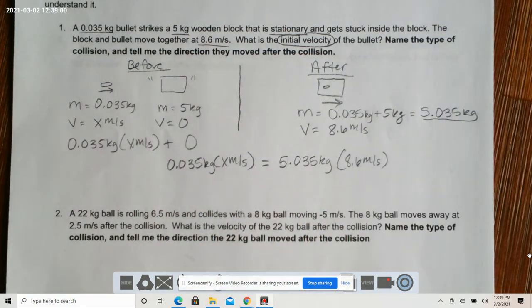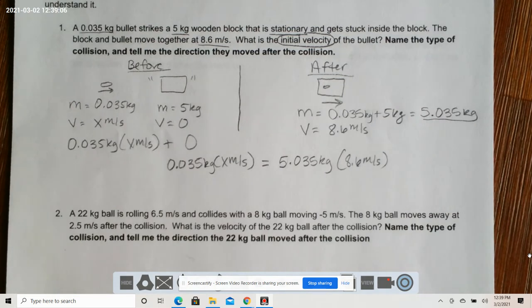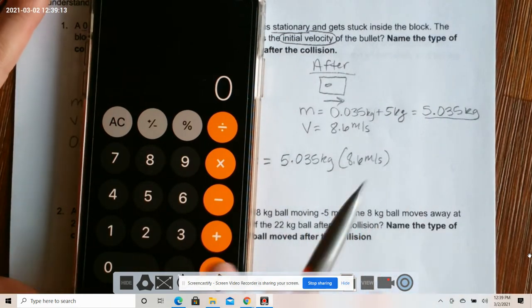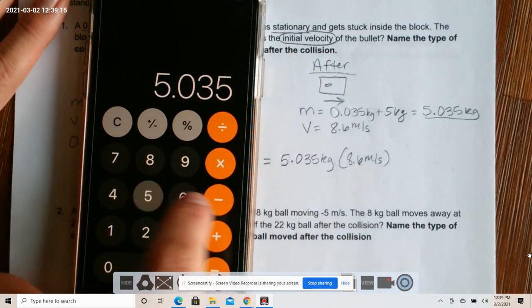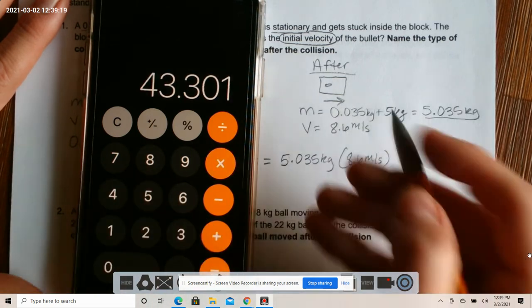And I probably should have left this up higher, but I didn't. So it's okay. I'll just bring everything down. So what I want to solve first is over here. I don't have the x. I can solve 5.035, and I'm going to multiply that by 8.6, and that's going to give me